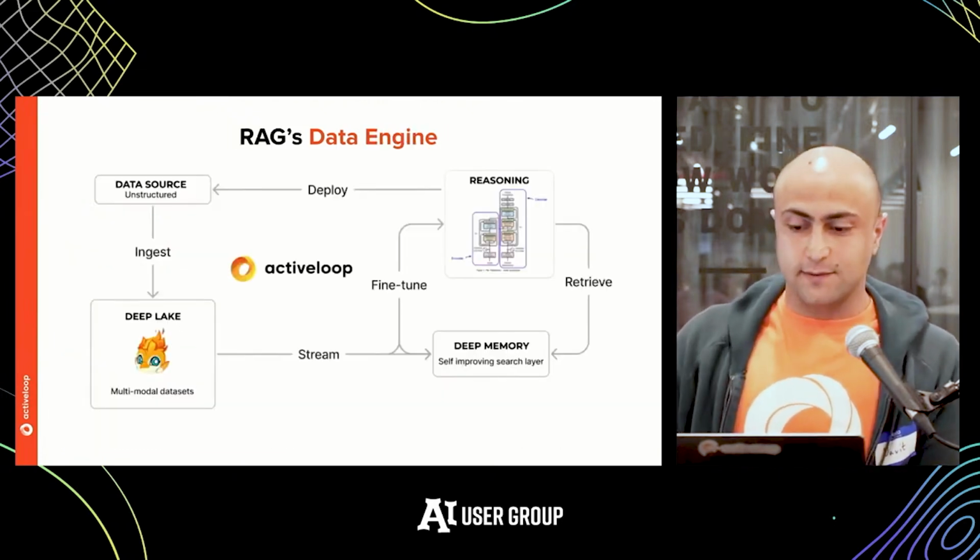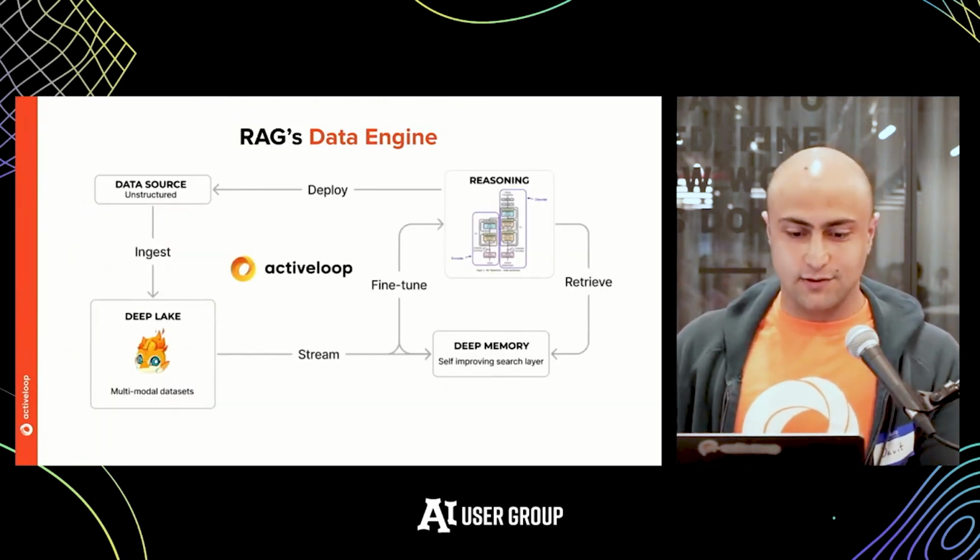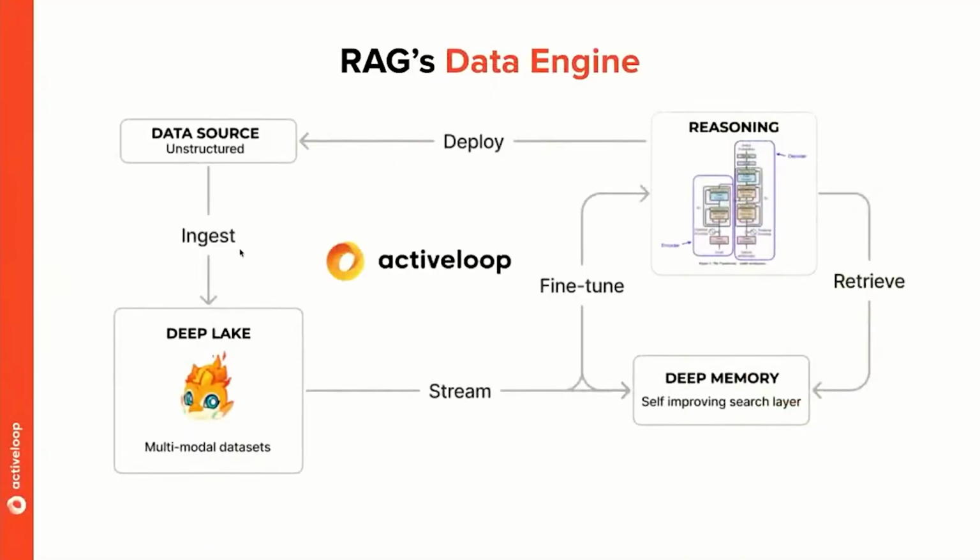So this is very similar to what Tesla's data engine looks like, where on the top left you start with a data source. Maybe it's your corpus, your PDFs that sit on top of your Dropbox or Google Drive. And then the first thing you do is you put this into a vector database. In this case, I chose Deep Lake, but you can choose any vector database there. And then next you take this data and plug this into your reasoning engine. The reasoning engine uses large language models that are deployed and can produce an answer on top of the context that you provide.